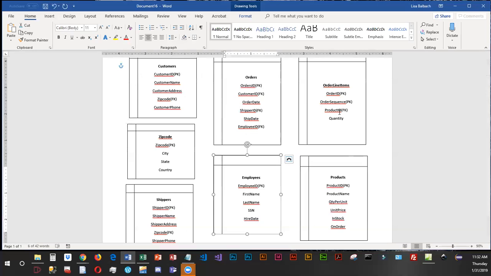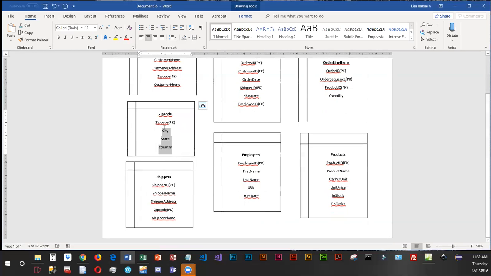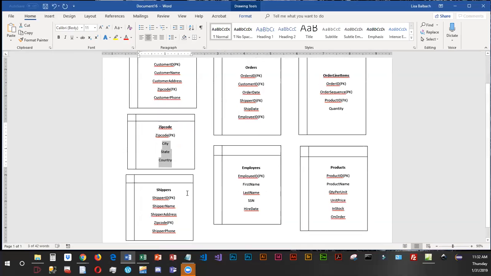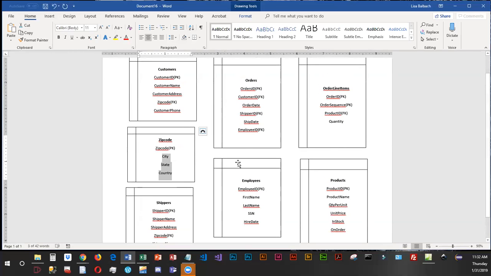each column must be dependent on the key, and it cannot be dependent on any other column. And that is why we pulled zip code out. Okay, zip code, city, state, country, these three are dependent on the zip code. When we had that information in address, they were not dependent on the customer ID. And when we had it down here in shipper, those three columns were not dependent on shipper ID either. So at this point, we do have everything in 3NF, and we can move on to actually relating our different